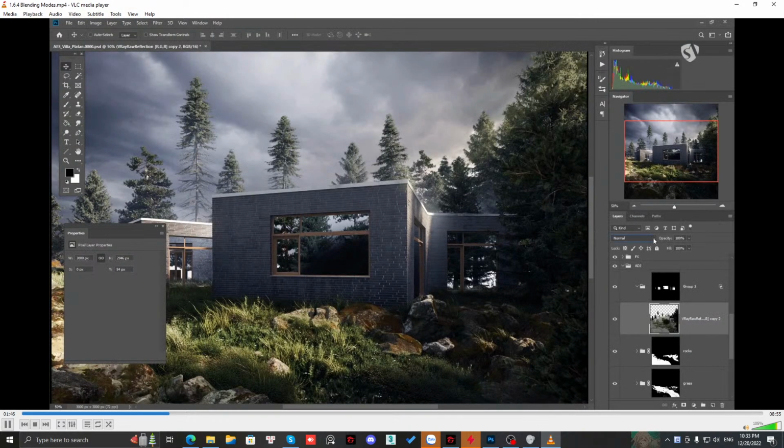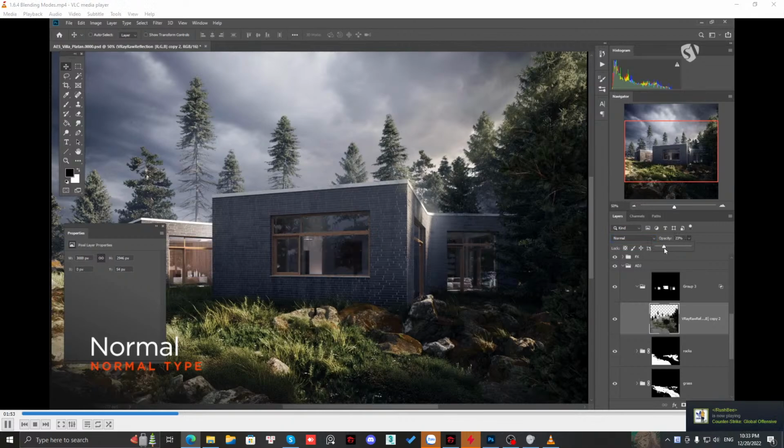The first one is the normal category, because you can see a new result only if you lower the blend layer opacity. We can use the normal blend mode to add reflections on areas without any. One example could be when we render glasses on a separate pass and we need to compose them on the base render. In this way, we can pick the